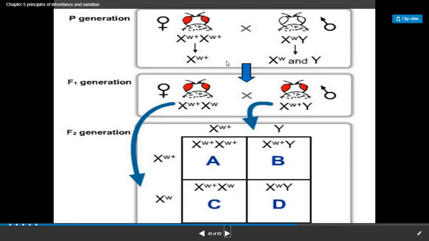Now this is the chart form representation. Here the parental generation is taken, and these are the symbols you have to use. This is the red eye, brown color, and this is the white eye. This is the normal size wing, and this is the mutated form. When both are crossed, in the F1 generation you can see all are red-eyed, and in the F2 generation this 4-box result is obtained. So here you can see that new forms are obtained, or recombination has occurred.